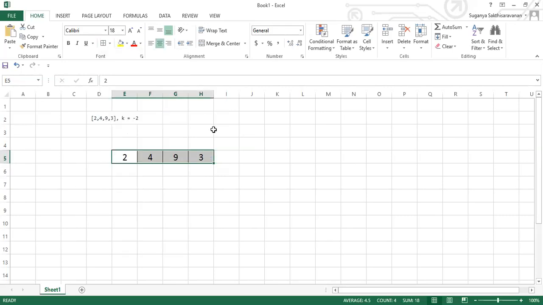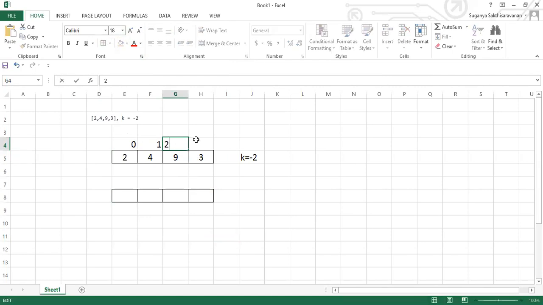Now, what is our task? Our key value is -2. In case of -2, how are we going to defuse the bomb? We are going to defuse the bomb by taking the previous indexes. Let me write the index positions 0, 1, 2, and 3.